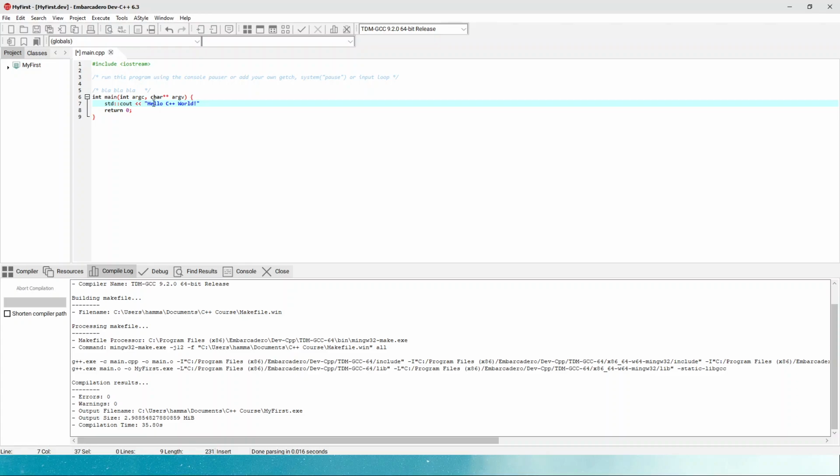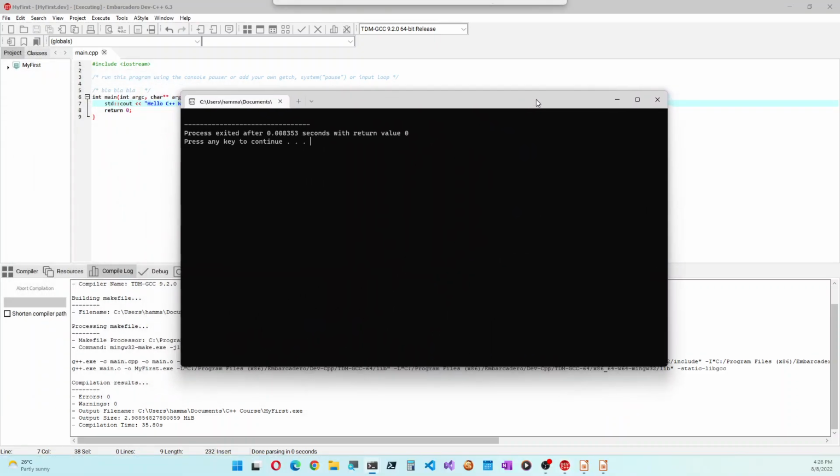To terminate a command in C++, we use a semicolon. I can do that, but there's a problem without the ending sequence here. Let's see what happens. Let's save and execute.